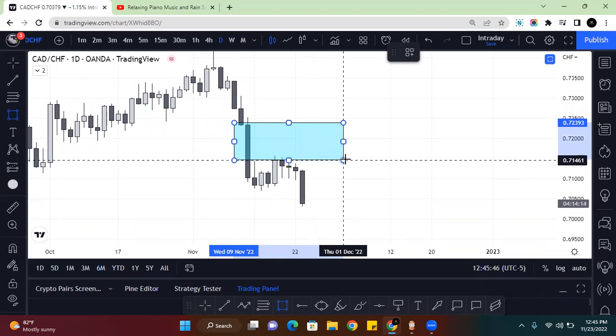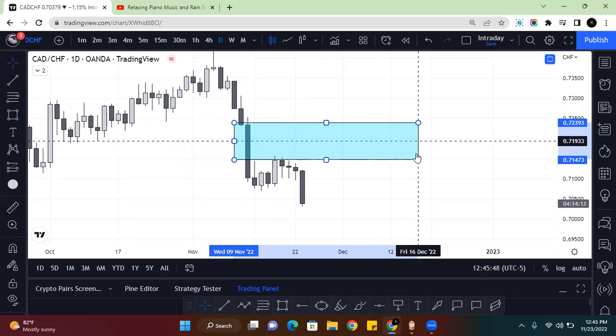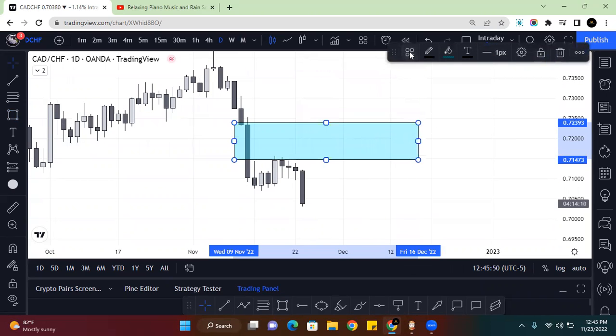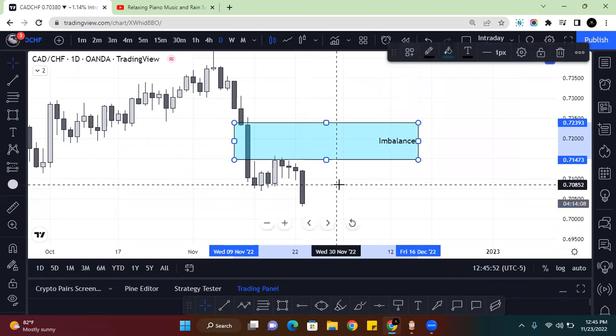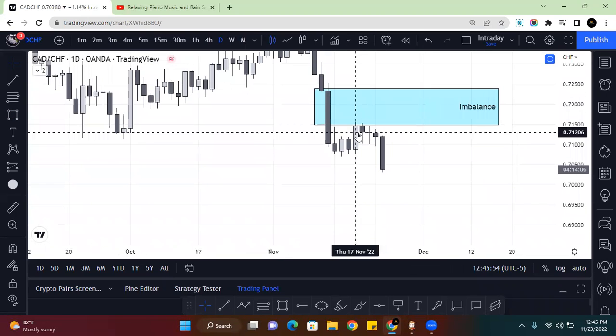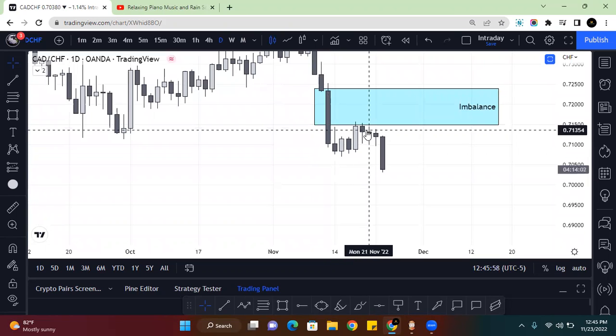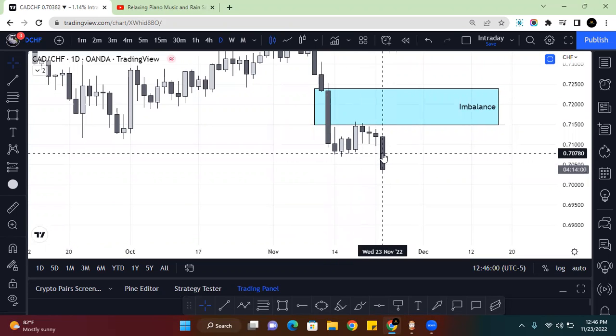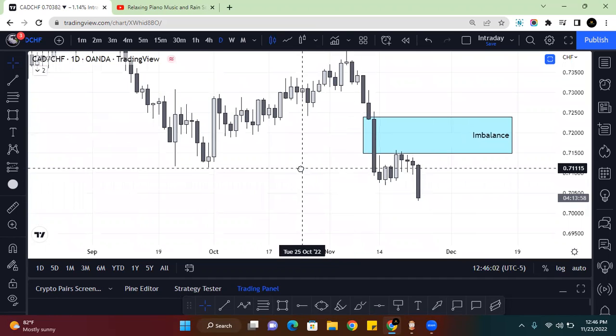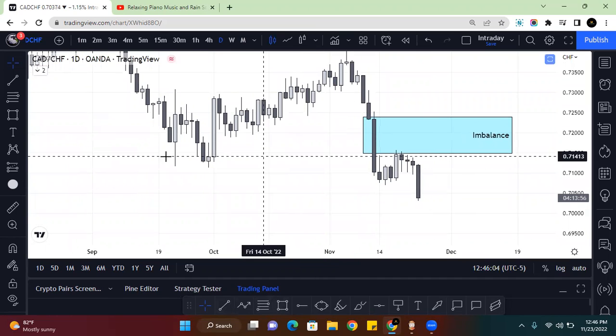So the first thing I did notice was a fair value gap or imbalance right here on the daily time frame. I noticed that it had been filled at the time, and there was potential for it to have a continuation, right? I also noticed that right here, if you look in terms of daily structure,